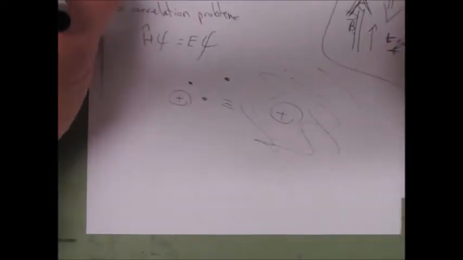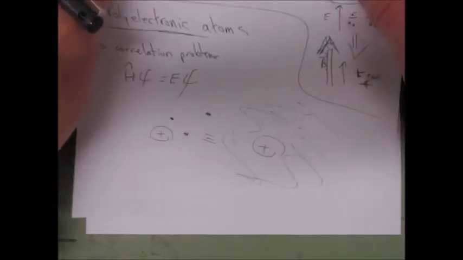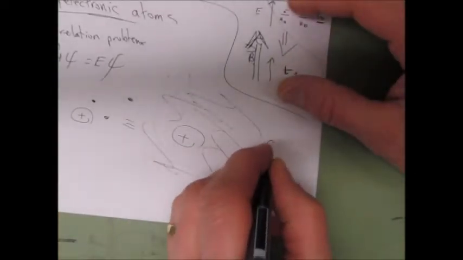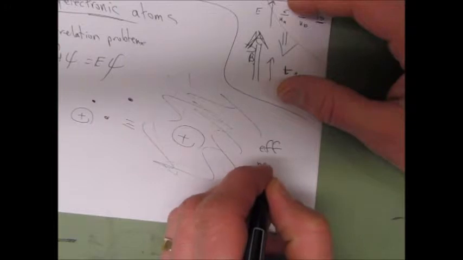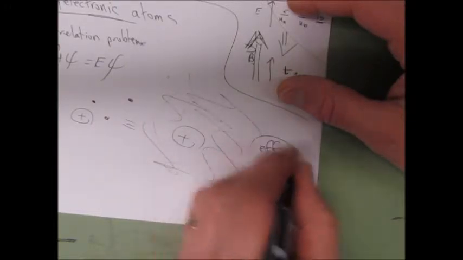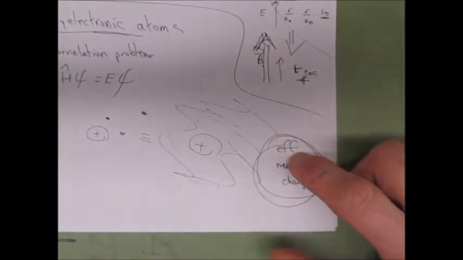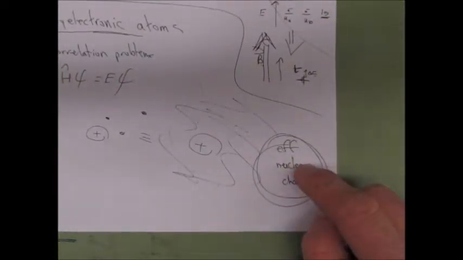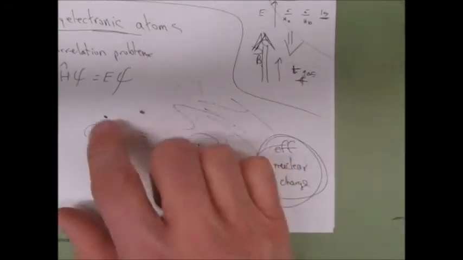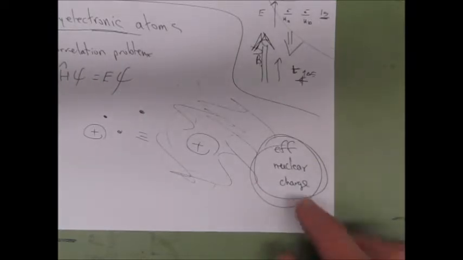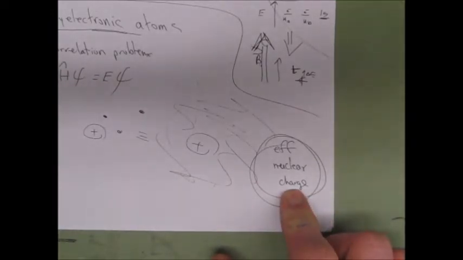So what I'm going to show you is, well, before I get there, there's a couple things they can do. One of the things is they talk about what's called effective nuclear charge. So the concept of effective nuclear charge, which is in your textbook, basically says the simplest way to go about addressing, as soon as you have more than 1 electron, how do they interact? And it's always changing with time. So they're saying, why don't we just sort of say,